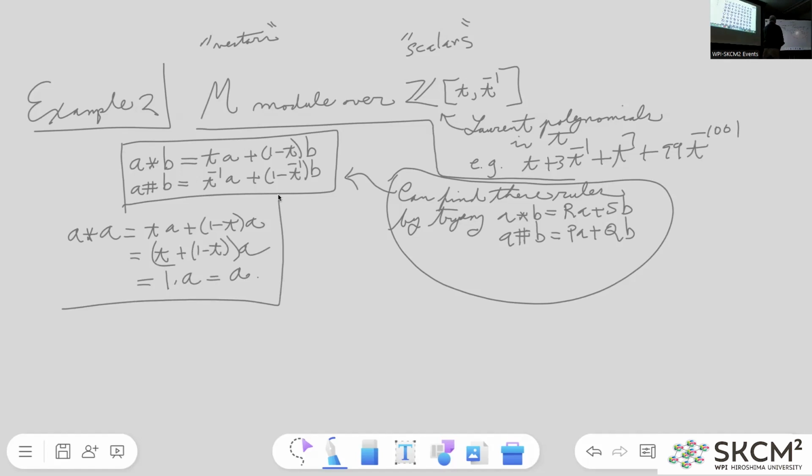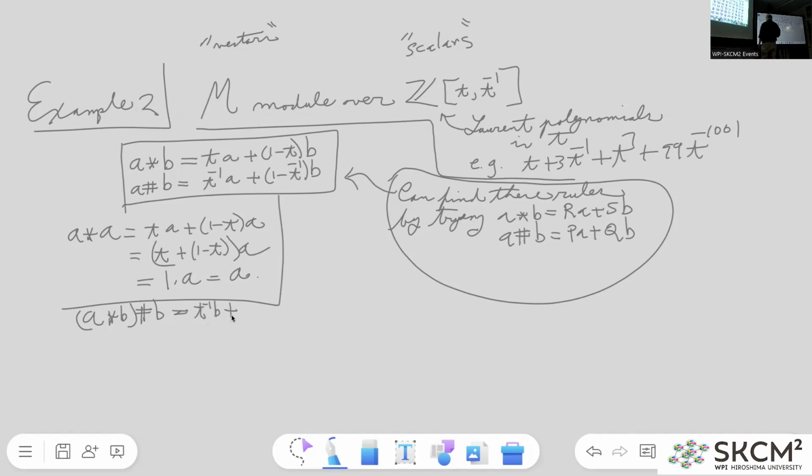And similarly, A sharp A is equal to A. And they do invert one another, let's try that. A sharp B sharp the star, I'm sorry. A star B sharp B. Okay. So according to us, this is equal to T inverse B